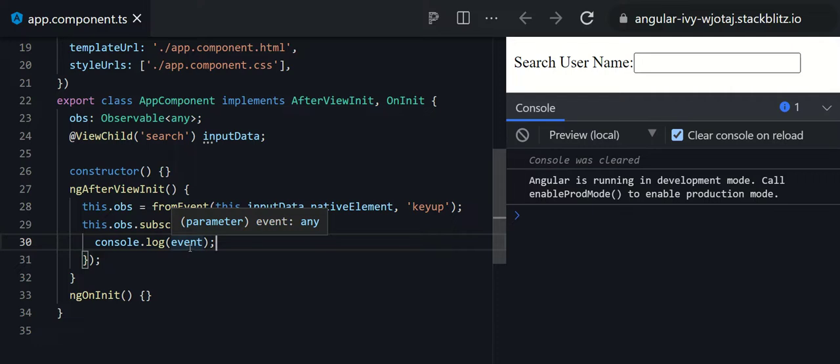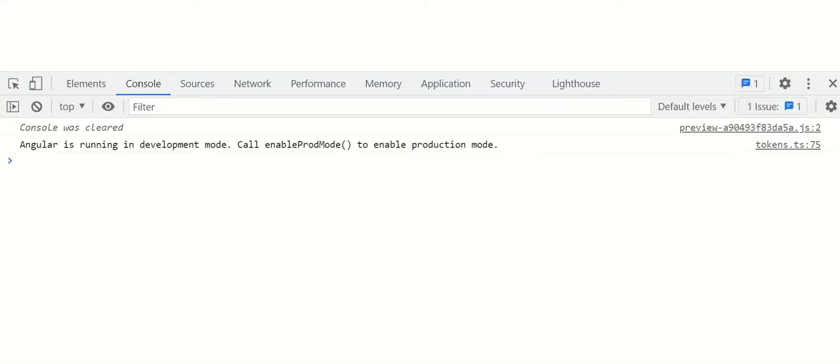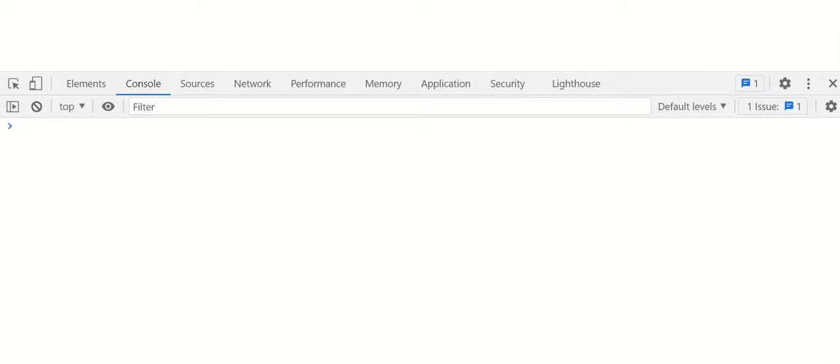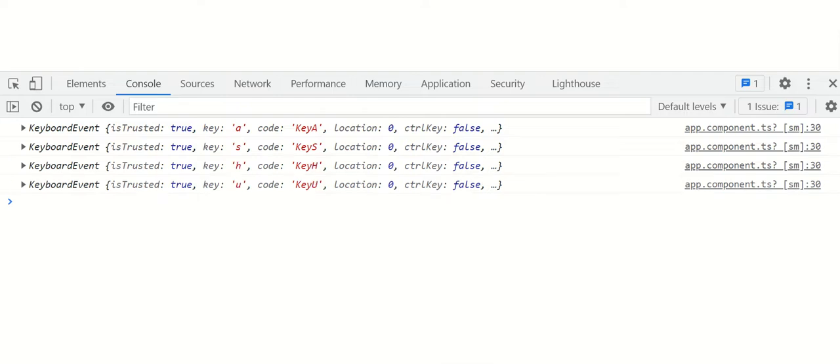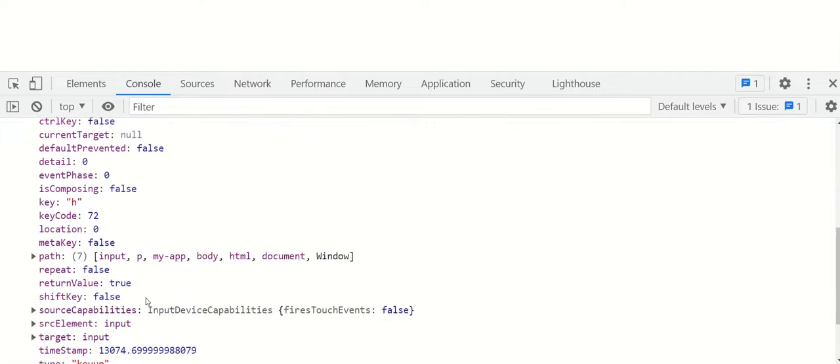Event is nothing but an object. So let's see what will be the output. I can do these things in the browser. In the browser, I am going to type my name, Ashutosh, ASHUTOSH. On each key type, you can notice the keys A S H U T O S H I have typed. So there are objects, and these objects are emitted from the observable, of course, and in that